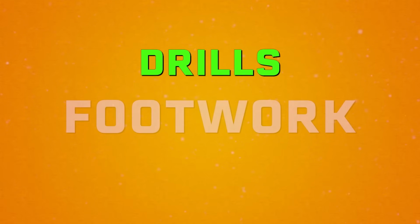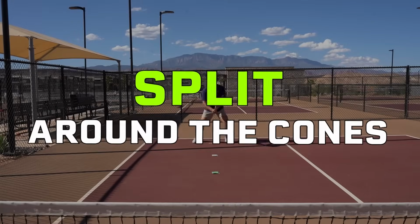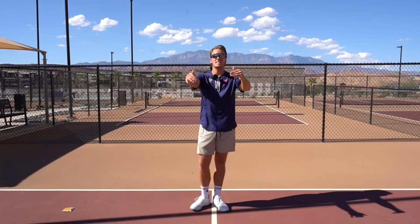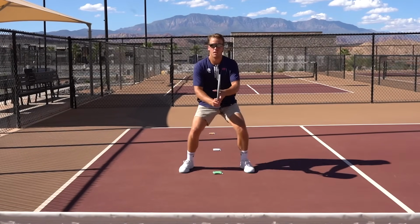All right, now we're gonna talk about my 5 favorite drills to practice footwork. The first drill to talk about is the split around the cones drill. This drill is great for practicing your split step and moving forward, as well as when you're on defense and moving backwards. You're going to start this drill by stepping with your right leg and then split stepping over the